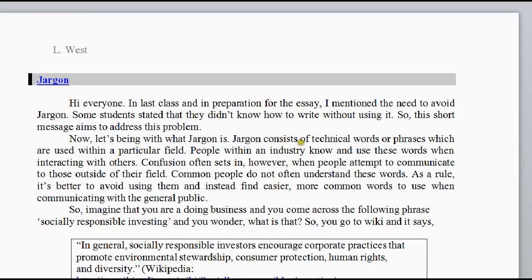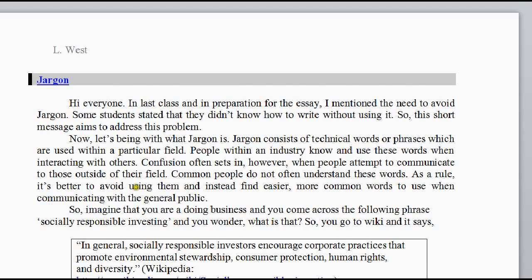Now let's begin with what jargon is. Jargon consists of technical words or phrases which are used in a particular field. People within an industry know and use these words when interacting with others. Confusion often sets in, however, when people attempt to communicate to those outside of their field. Common people do not often understand these words. As a rule, it's better to avoid using them and instead find easier, more common words to use when communicating